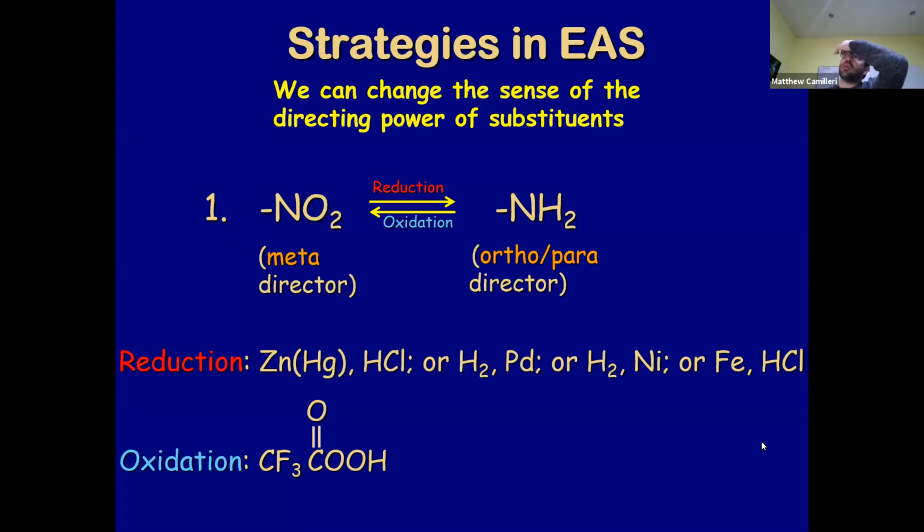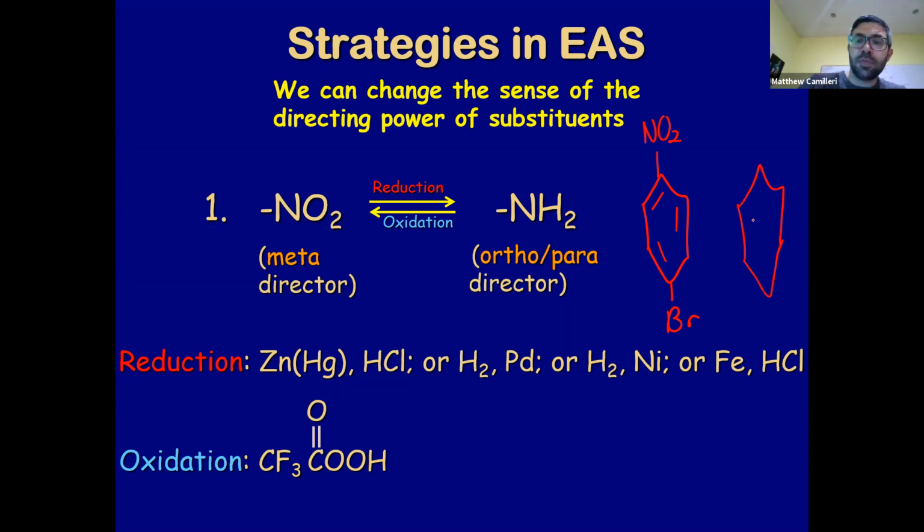So today we're going to be speaking about some strategies in preparation of different compounds. And today we're going to speak about one strategy where we can have a nitro group with a para position substituent, or a nitro group with a meta position substituent. Now, I would even go as far as saying an amine,